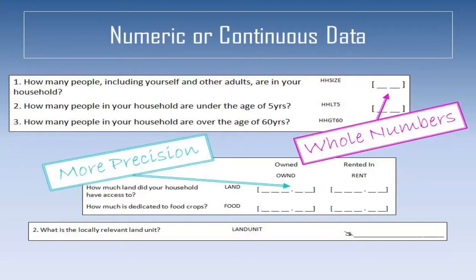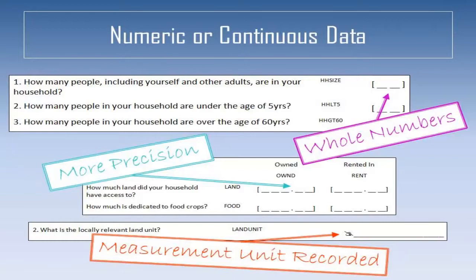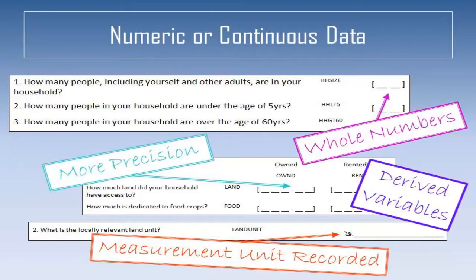places. When numeric data are the result of measurements, the units should be specified in advance or be recorded in a separate text column if they are not consistent across all observations. For example, plot sizes in hectares, acres and local units. Additional numerical fields can be derived as part of the transition from raw to primary data.